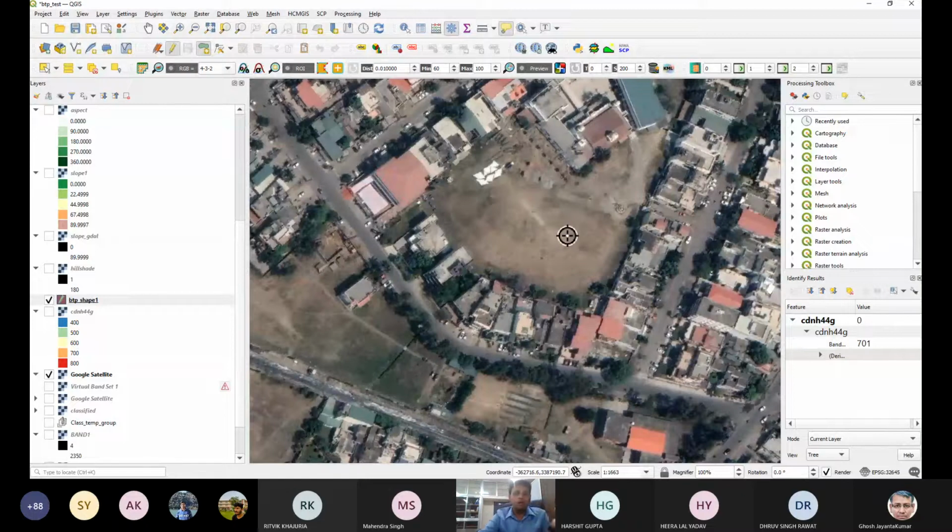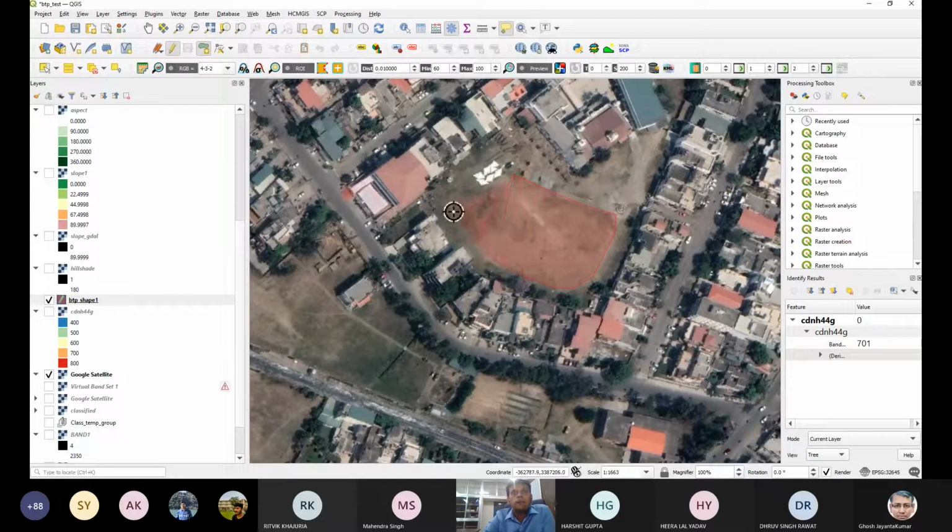So let's create one more. Since the editing button is on, you can create a new feature already like this, and we start like 1, 2, 3, 4, 5, 6, 7.